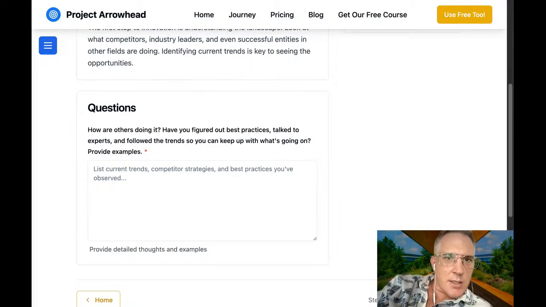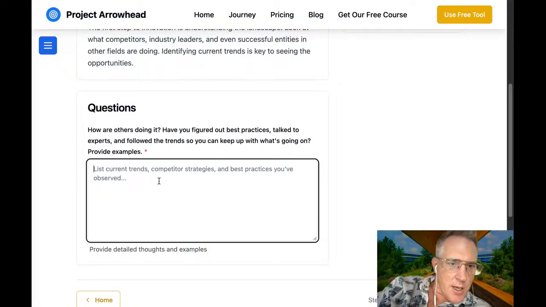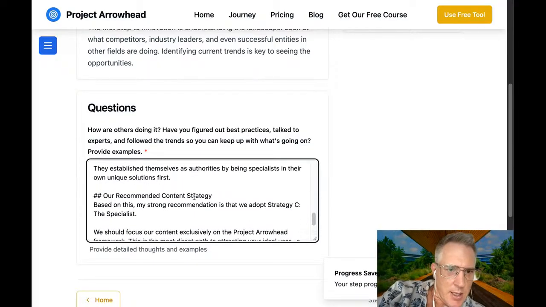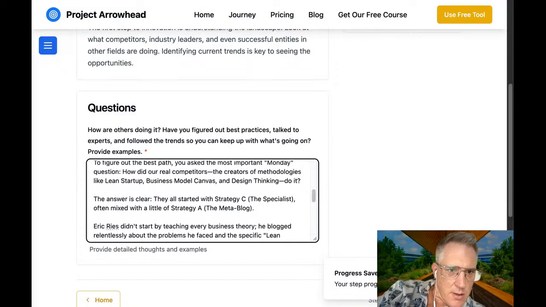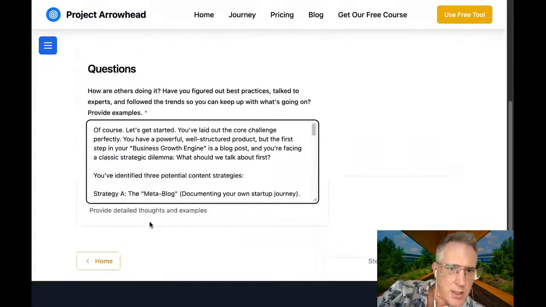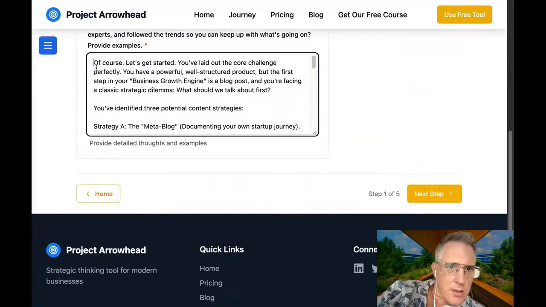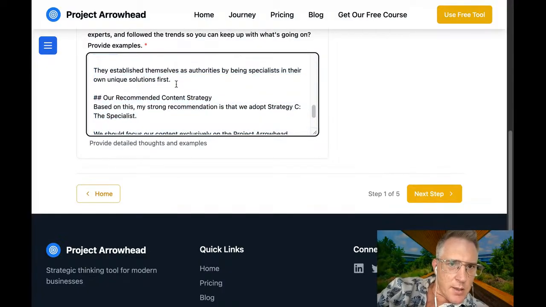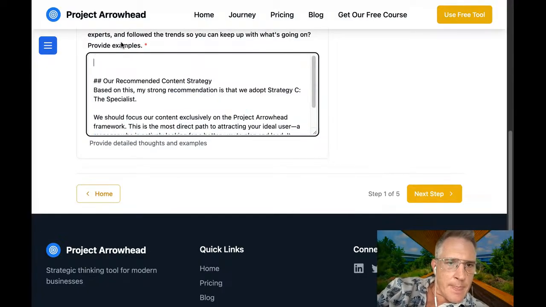All right, so based on this discussion from the Google Gemini, I can paste this in here. So it says our recommended strategy. It says, okay, it's too much text. Oh, I already saved it. Okay, I'll delete it from here.